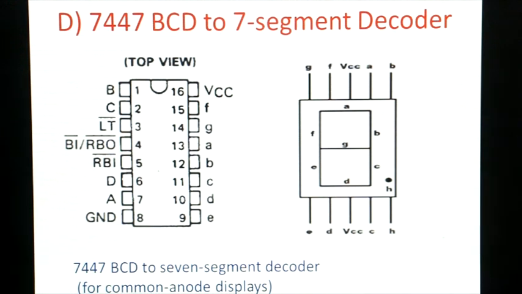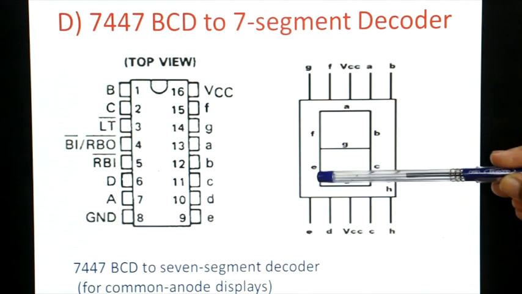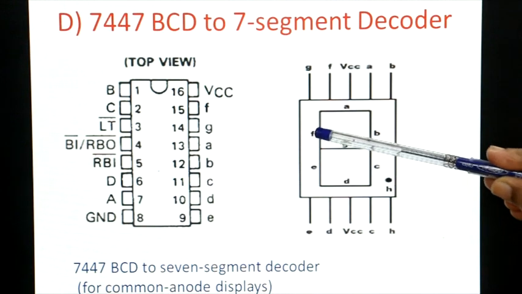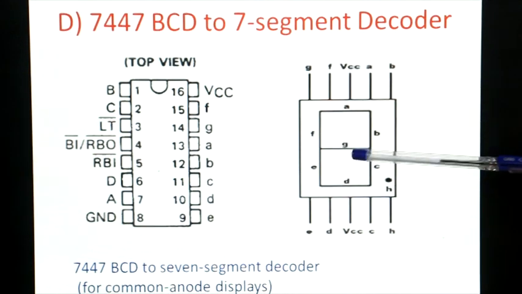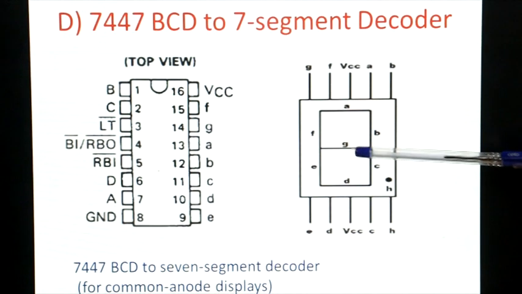So in a 7 segment decoder, which all of us are familiar with, in any clock kind of display or LED, for example even a calculator, we are all familiar with the 7 segment LEDs. The 7 segment LEDs are named like this. The top one is segment A. Then on the right side you have B, C, D on the bottom. Then E on the left side, F also on the left side. Then the one in the middle, G, is the last one.